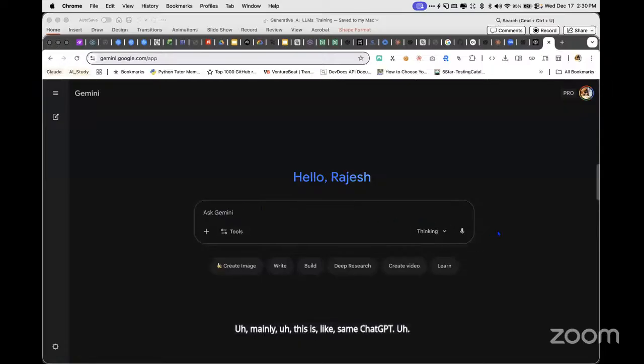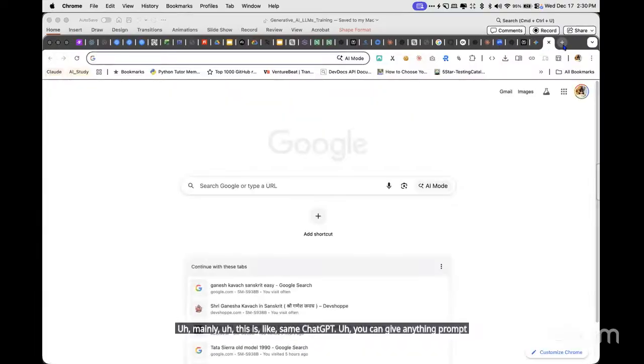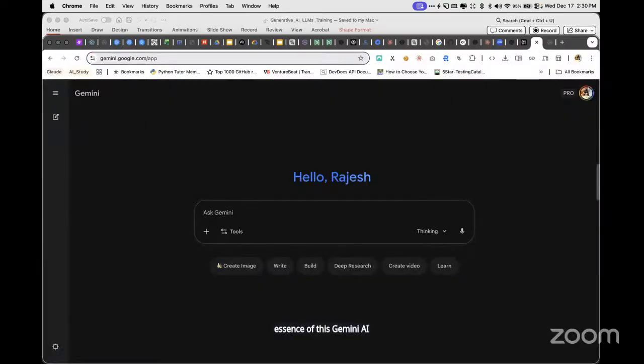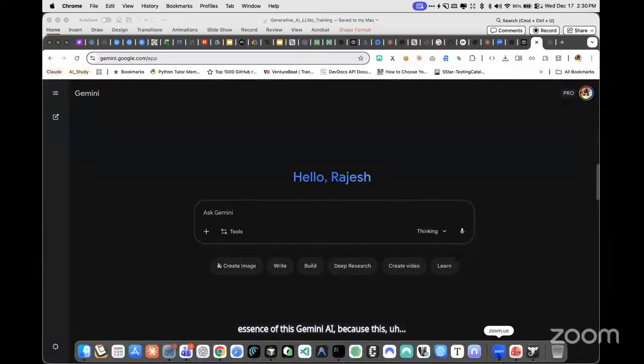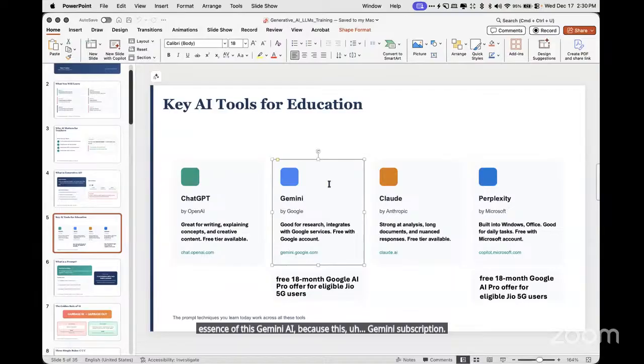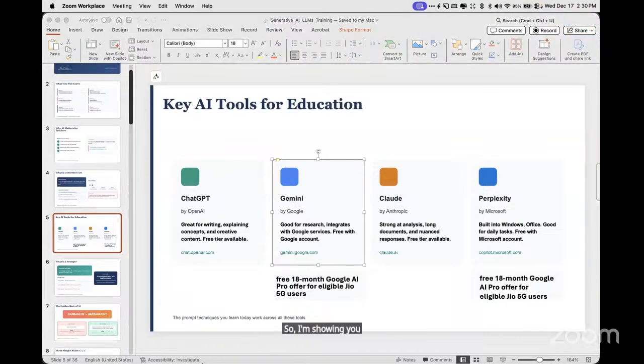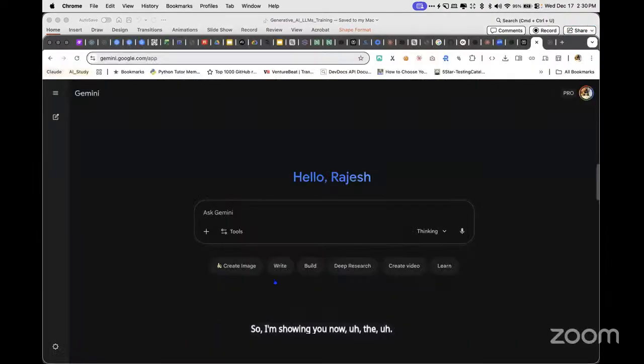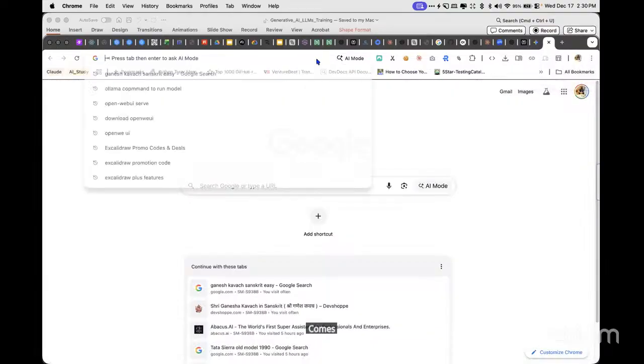You can give any prompt here, but the main essence of this Gemini subscription is that it will come with three tools, and out of the three, two are very powerful tools for professors. So I'm showing you now the second tool which comes with that subscription, that is the AI